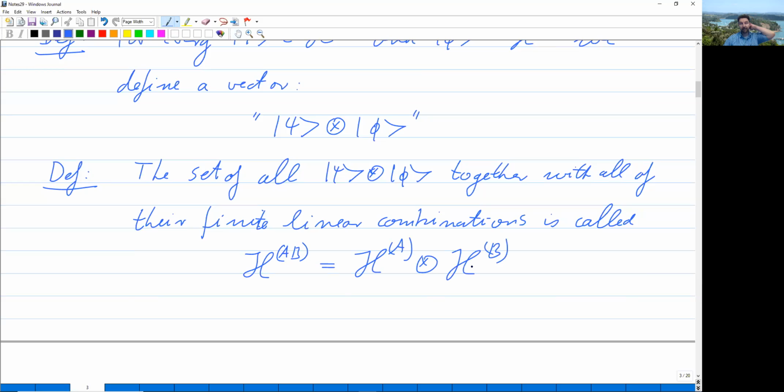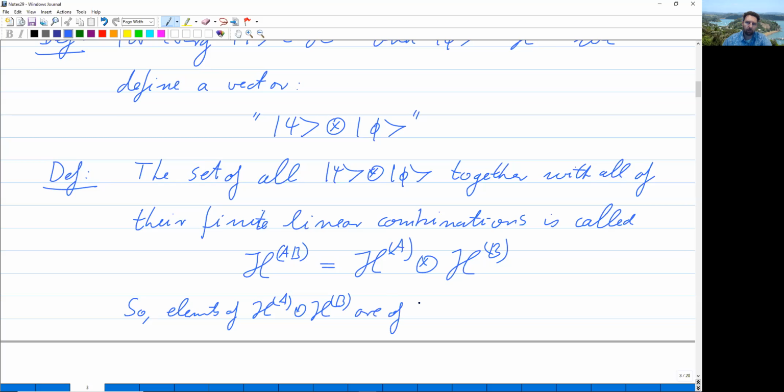Right? So we're just giving names to these things. Elements of HA tensor HB, and that's the thing that we will call HAB,